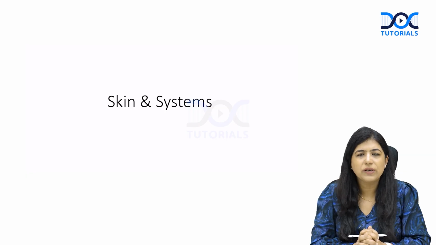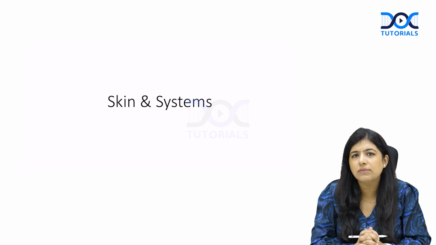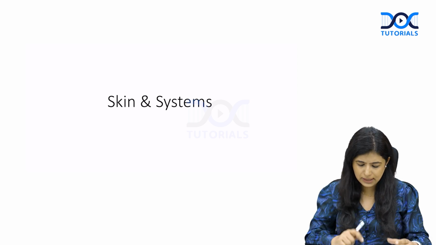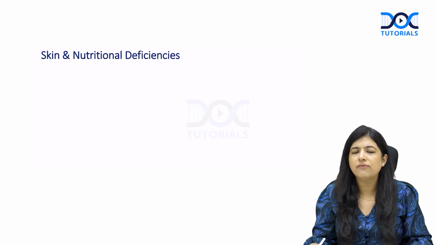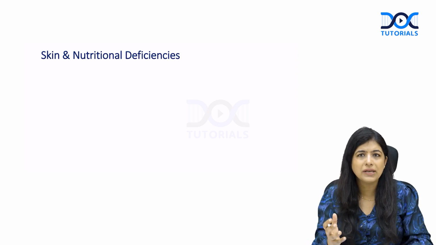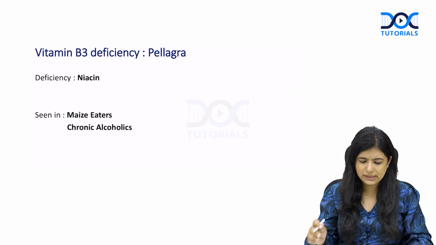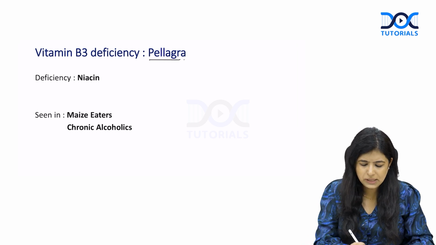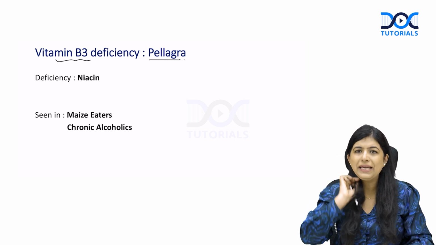Everyone, welcome to this video where we will be discussing skin and systems, that is dermatological manifestations of a few important systemic diseases. To begin with, we have nutritional deficiencies, which is very important both for your clinics as well as for your exams. The first that we have here is Pellagra, which happens due to deficiency of vitamin B3,